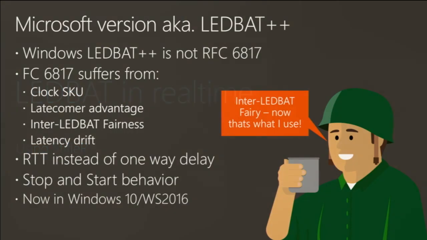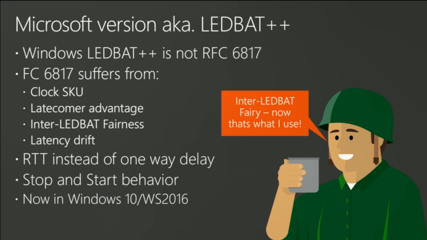Yeah, so this one, I think Daniel actually did cover a little bit. But basically, the Microsoft version of LEDBAT is different than the RFC LEDBAT. I think it's a bit better, especially if you're doing peer-to-peer networking and you have multiple hosts downloading the same file.